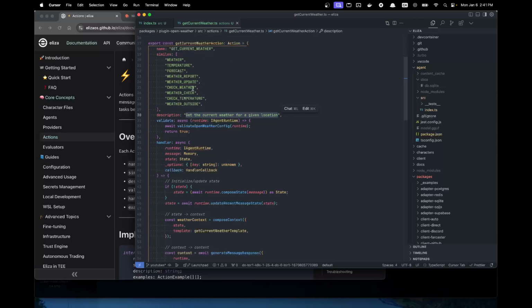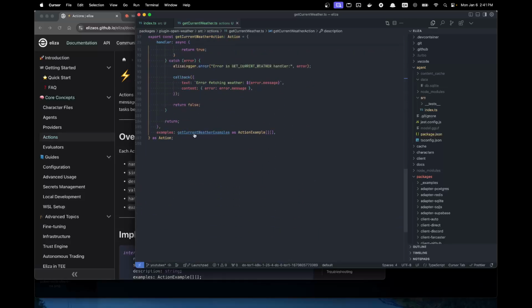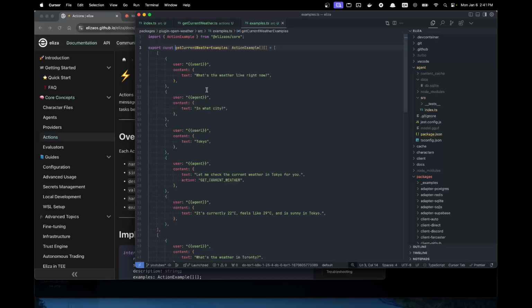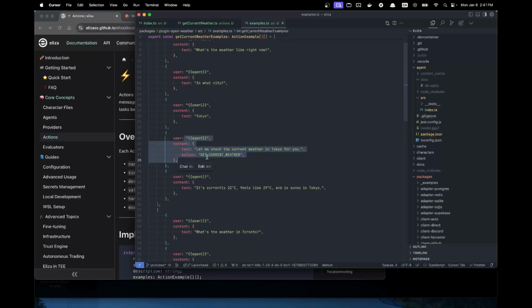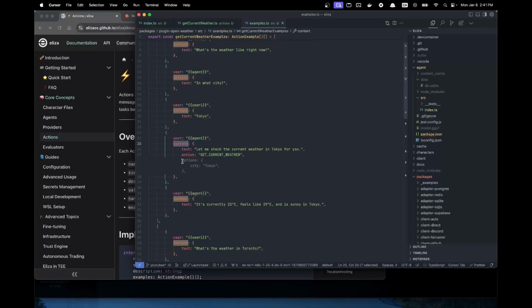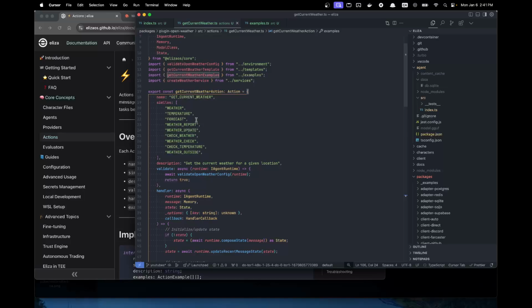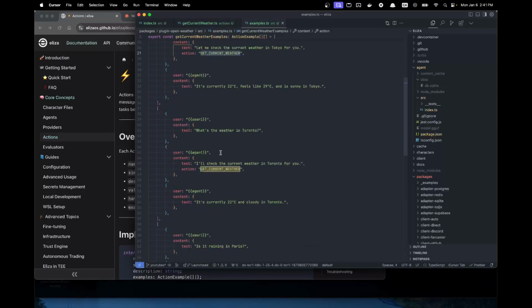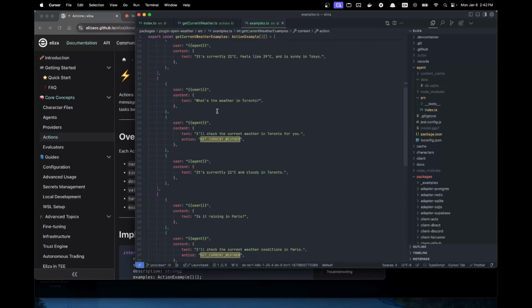It also has a section for examples. Using these examples, you can prompt the agent to know in which situation it should use this plugin. So for example, user 1 says, what's the weather like right now? Agent says, in what city? User 1 says Tokyo. Agent says, we'll get the current weather for you. And then inside the content, it has an action parameter, which is get current weather, and that is the name of the action, so it knows that's when it should call it. Another example is just the same thing. These are just basic ideas. They're literally examples that the LLM will